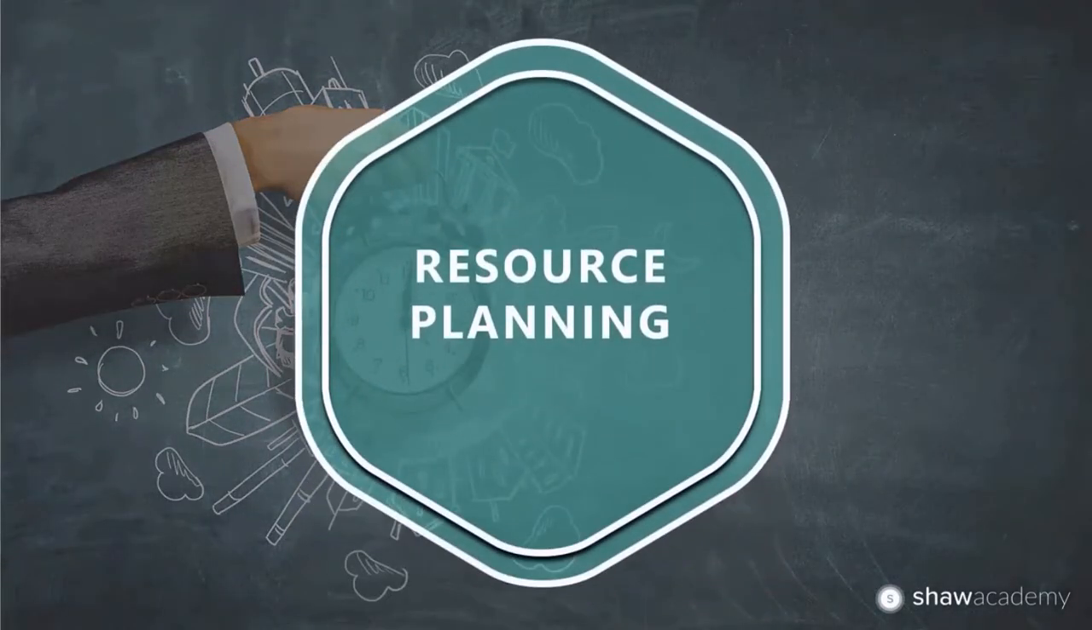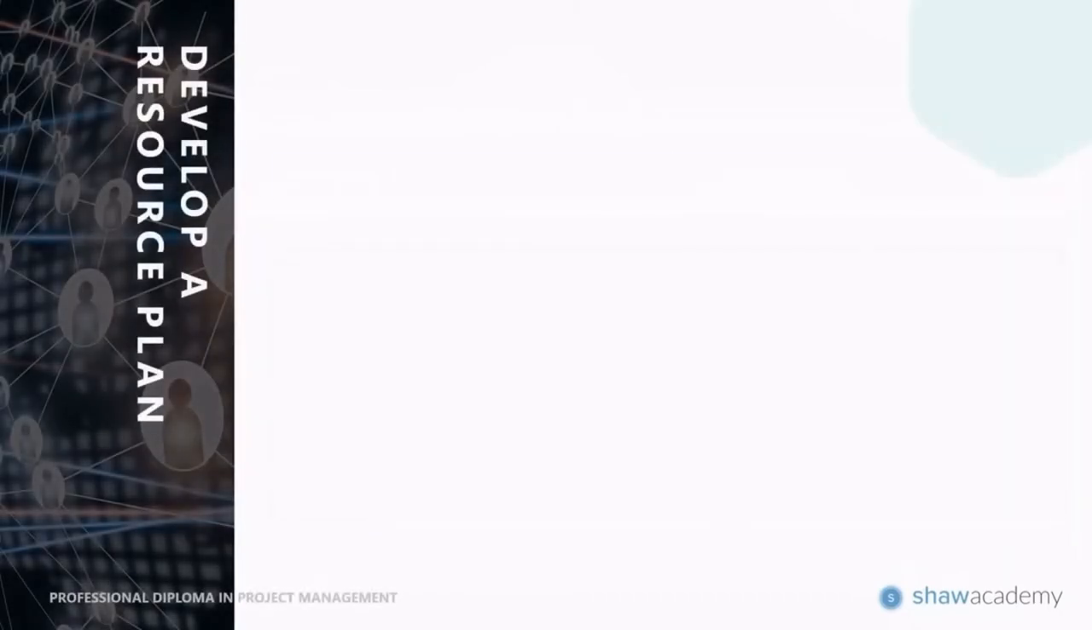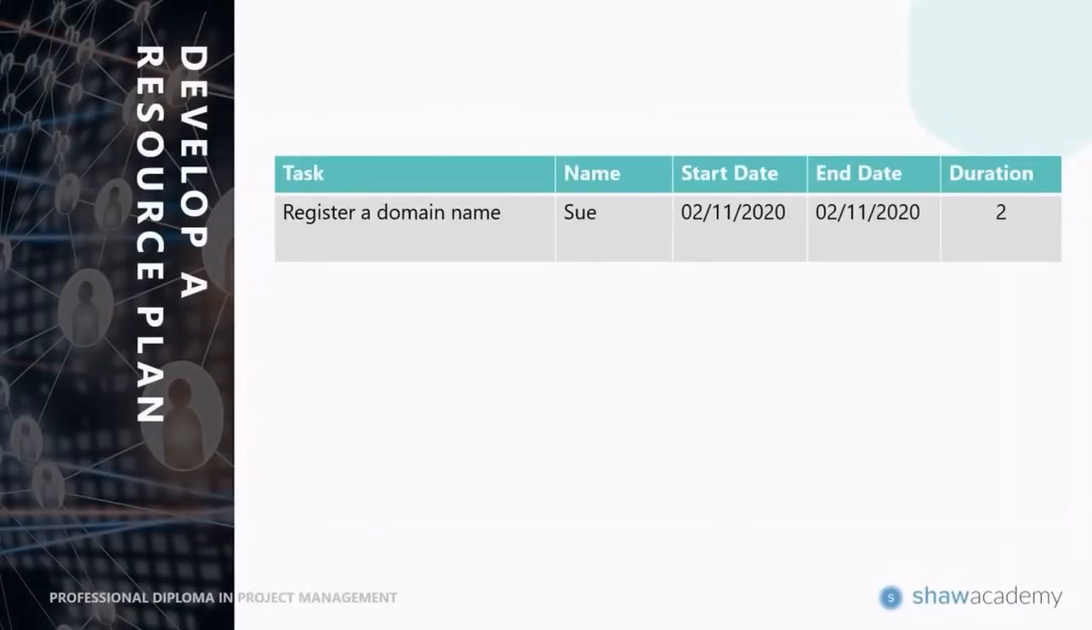Just to speak a bit more about resource planning, let's look at a resource plan. So we'll start off with our task. So register a domain name. We know that Sue is doing it, and we'd like her to start on the 2nd of November 2020, and she will finish it on the same day, on the 2nd of November,